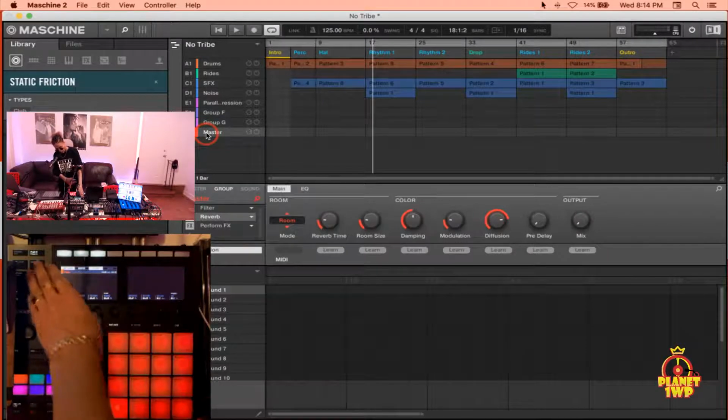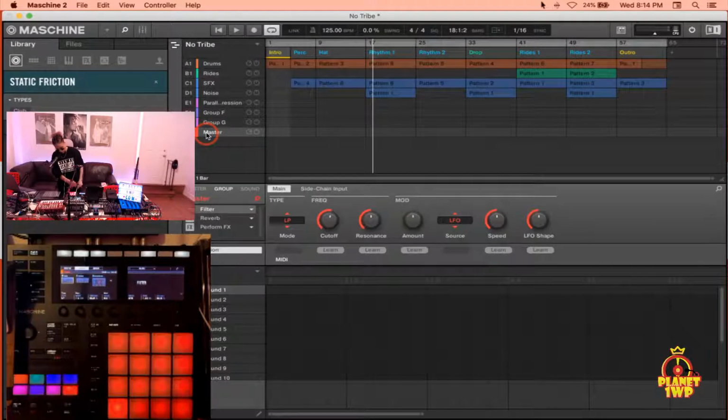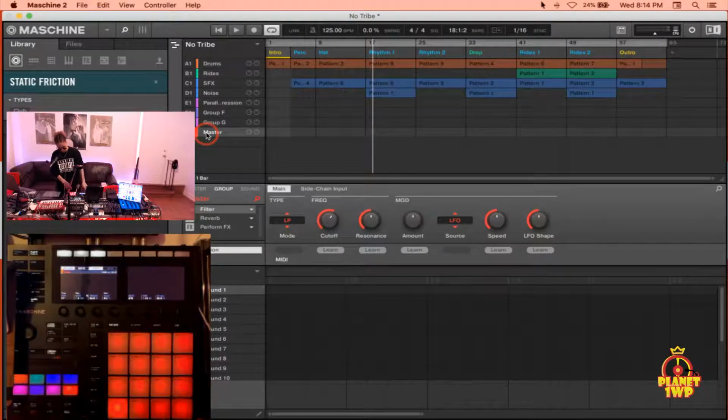Okay, now I'm going to go back to the plugin and I'm going to select the filter this time around. I'm going to move it to the filter. Okay, and I'm going to hit shift again in macro, and I'm going to set the second macro to the frequency. And I'm going to let it go. So now if I play it again,